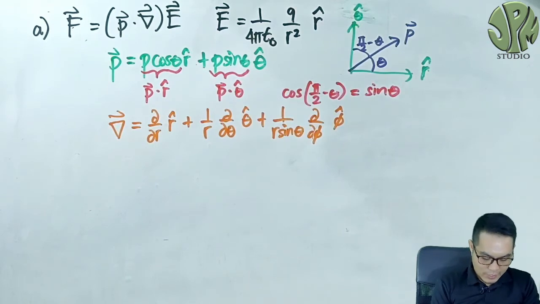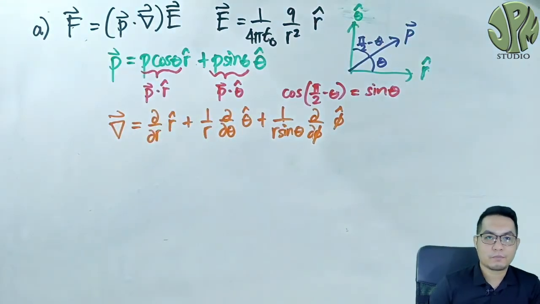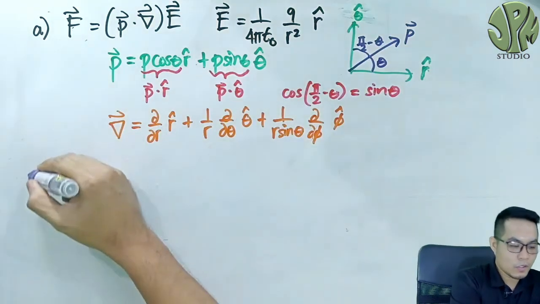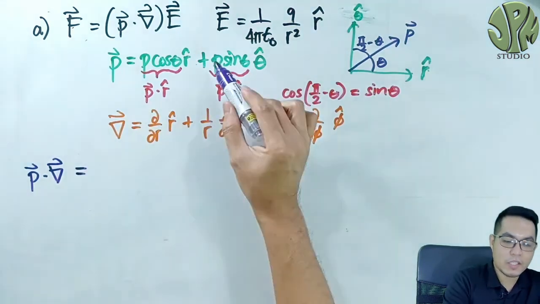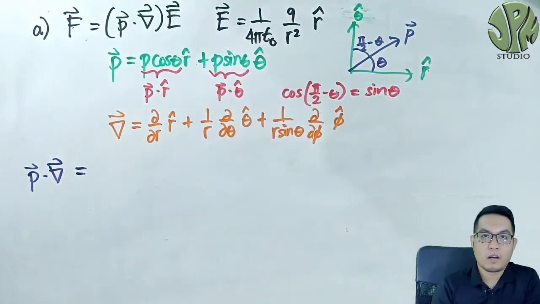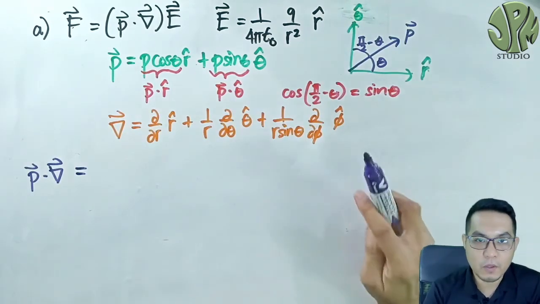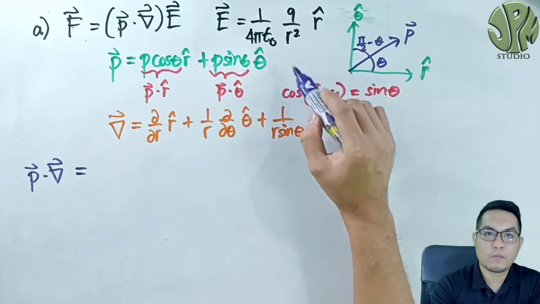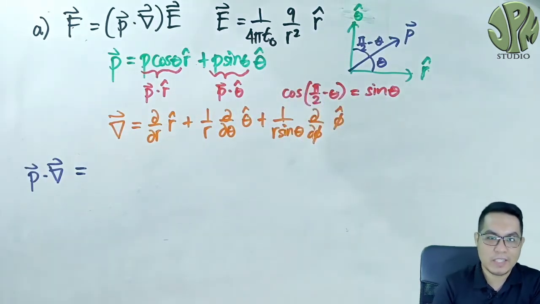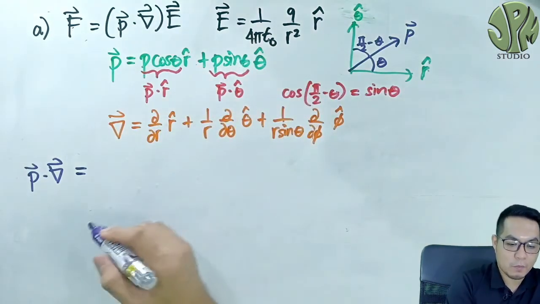So what is now the operator p dot del? It's just a dot product of these two vectors. So you just multiply the same components, r hat dot r hat, theta hat dot theta hat. There is no phi hat component for the dipole moment, so it will be 0. So just dot the same components, multiply the same components. So you will have,